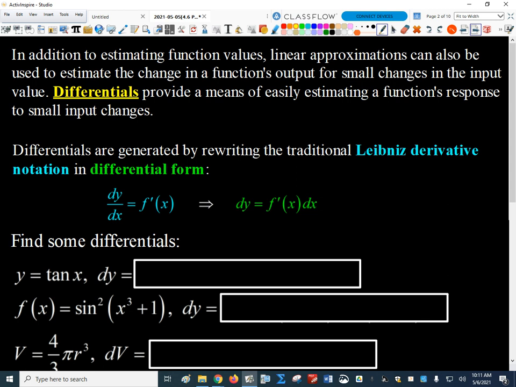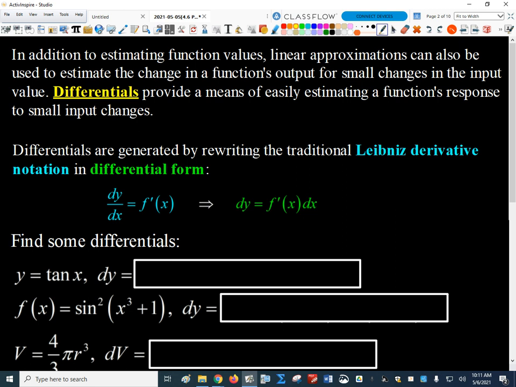So if I've got some function, and I want to tweak it slightly, move it very slightly along the x-axis, changing the input very slightly, what is going to be the change in the output, right? Well, we can make an estimation by using that same concept of a linear approximation, right? I've got some pictures in a second that we'll look at that will illustrate that a little better. So before we get there, though,